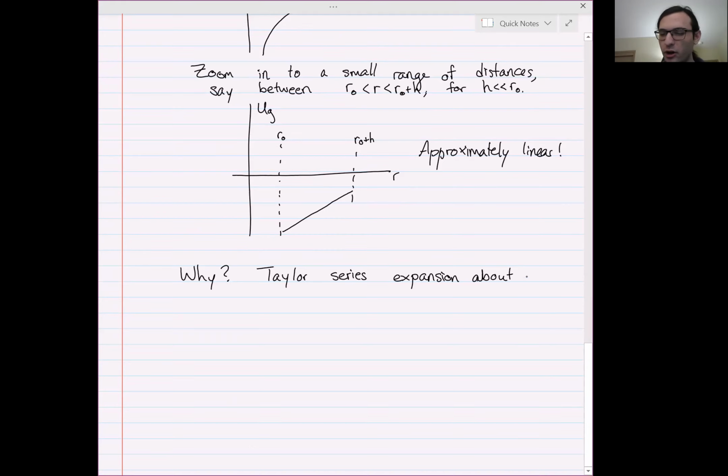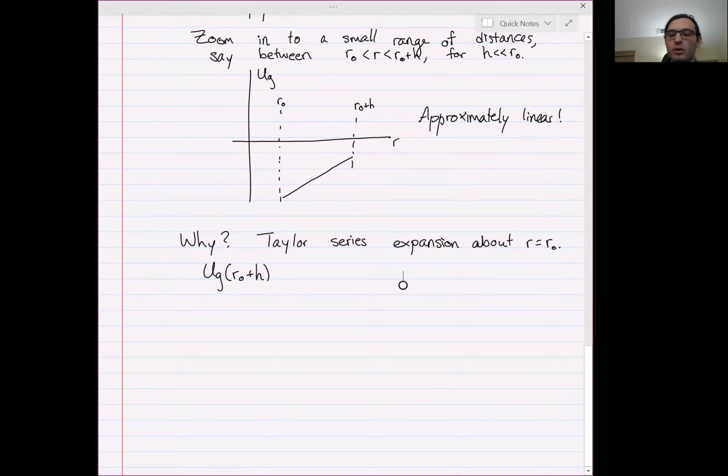r equals r naught. So we want to expand U sub g of r naught plus h in terms of U sub g of r naught, and then the variable, and we're treating h as the variable. So we know that this should be equal to negative G capital M little m divided by r naught plus h. And now we just want to expand this function in terms of the variable h